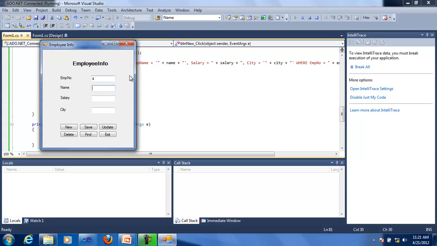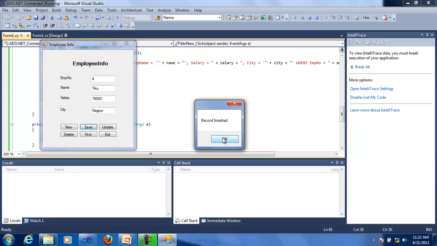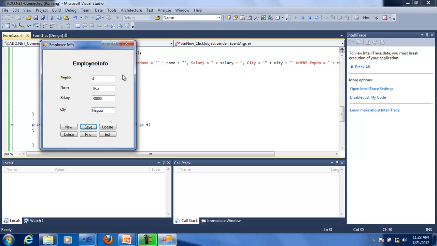So that you can easily insert the next record, say Tiku. Okay, now